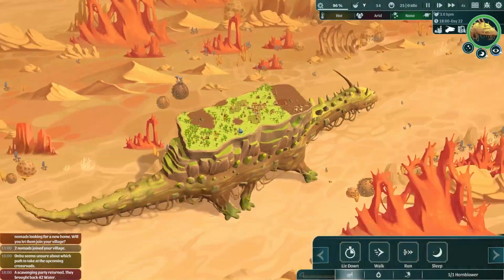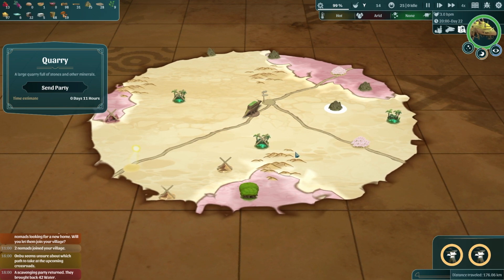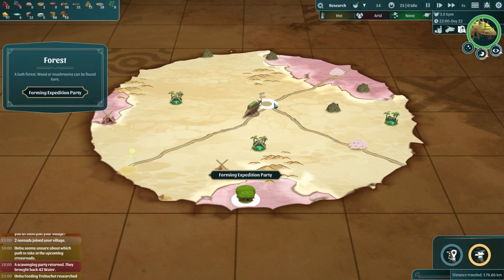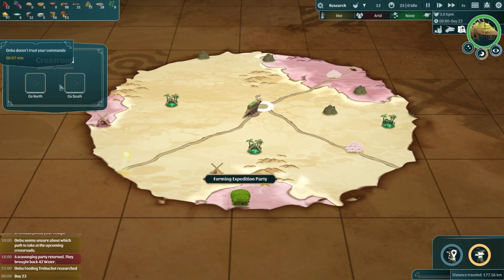That's fine. Scavenger party brought back 42 water. Marvelous. We can wait a little bit before getting closer to this. Regardless of which way we go, we're going to come closer. We'll send party out to the forest. Not exactly my ideal situation, but that's okay. And let's go...